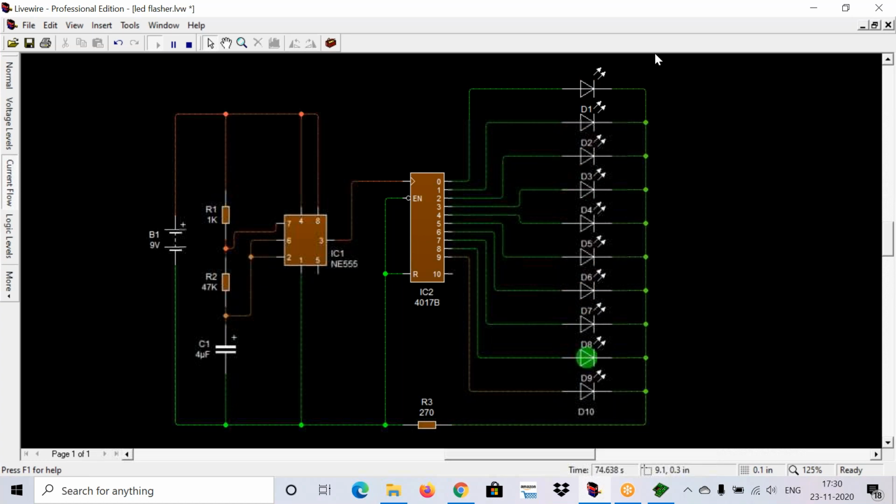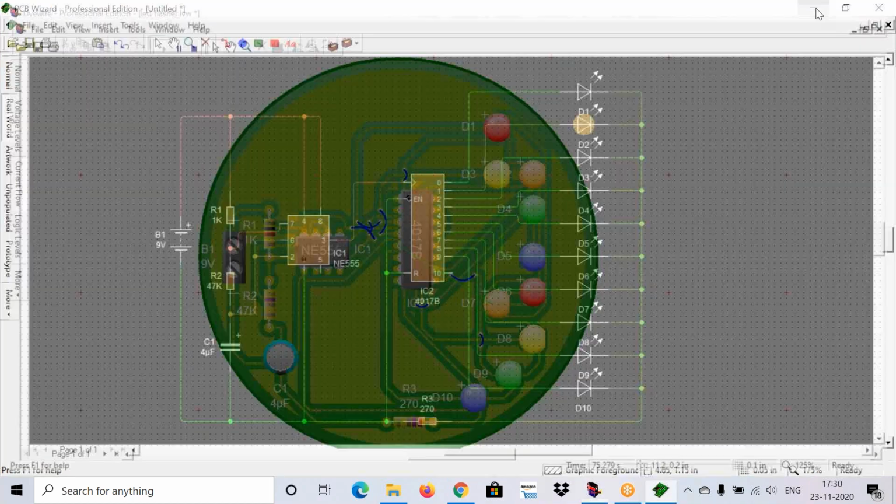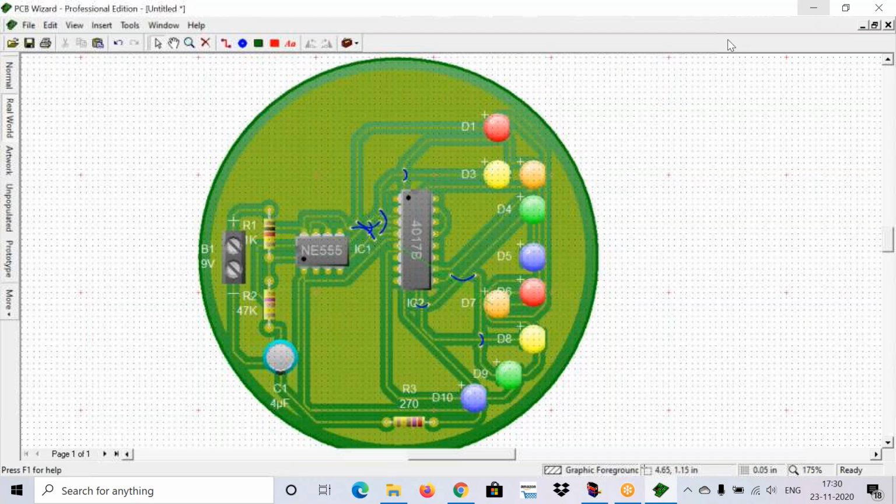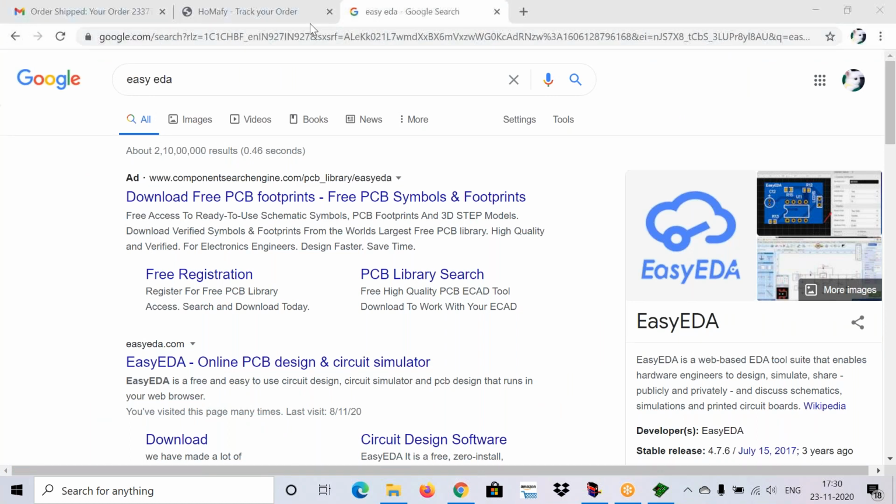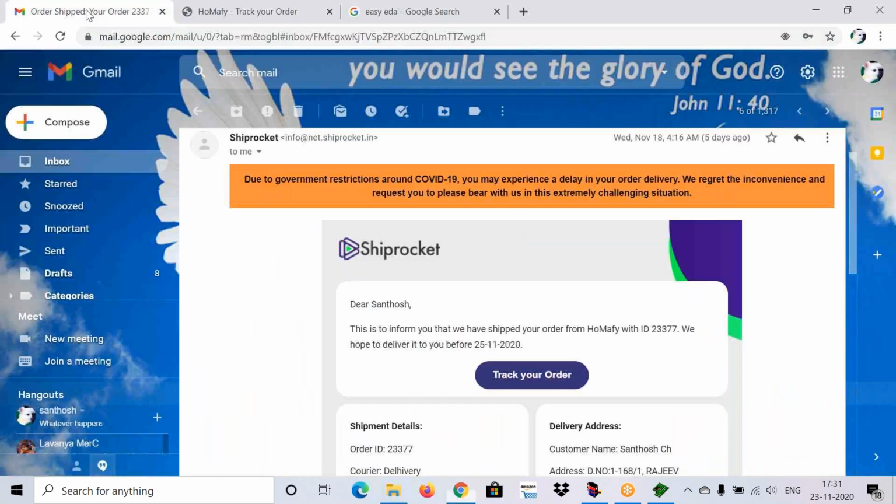I will give 5 minutes for everybody. Just log into your Gmail accounts. After that, open a new tab.